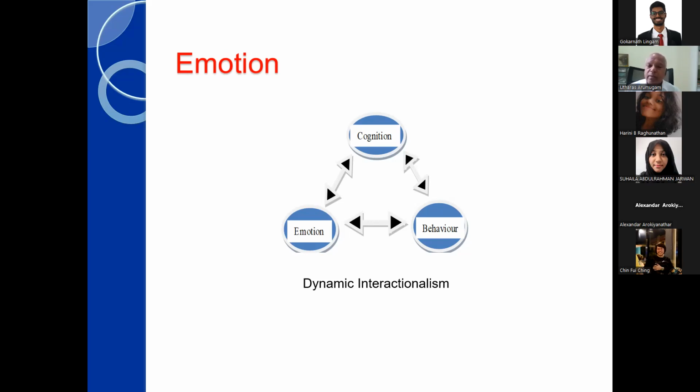Cognition, emotion, and behavior influence one another in a dynamic way. The more your emotion increases because of your thinking, your cognition, the more the emotion will fuel the cognition. And the behavior will affect the emotion, and you'll just go on like that. So the thinking will get more and more escalated. It gets worse, and the emotion will get a lot stronger.